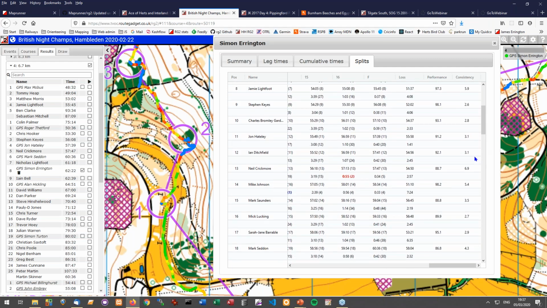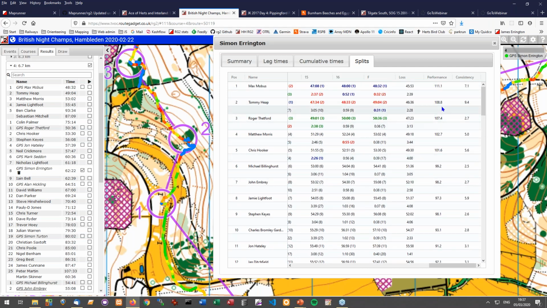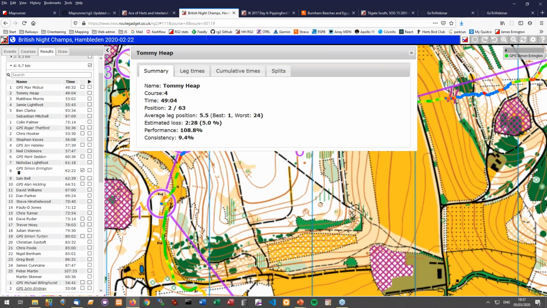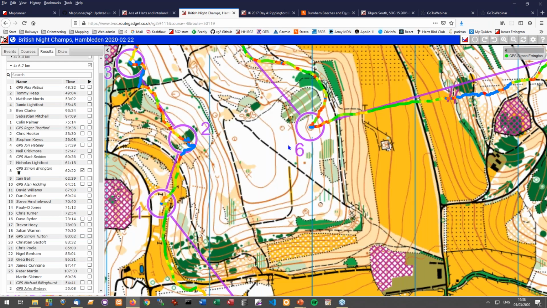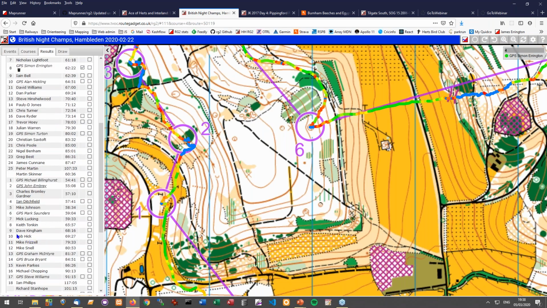Other people are a bit higher. So interestingly, that consistency says, well, he may have come well up, but he didn't have a particularly good run. We could have a quick look to see how that relates to actual loss prediction. So there's a spread of losses here. Yeah, it's just the way the calculations have come out. There's no big one, but it's not as consistent as other people. Again, for information and interest, and gives you some things to start thinking about. And so the thing to remember, just double click, and you can double click on anybody and you'll get that.